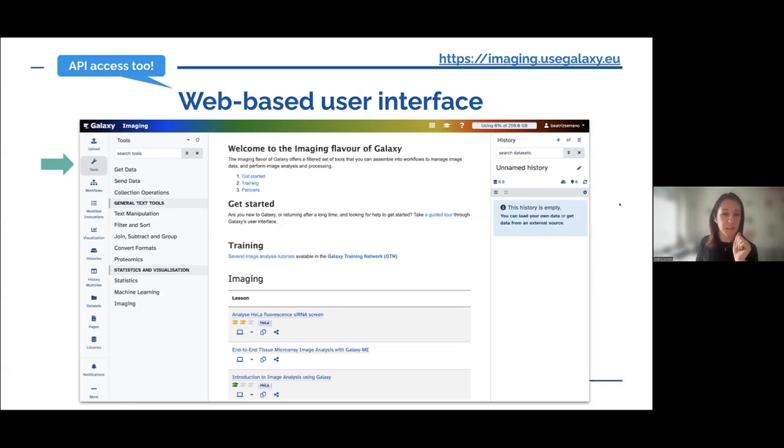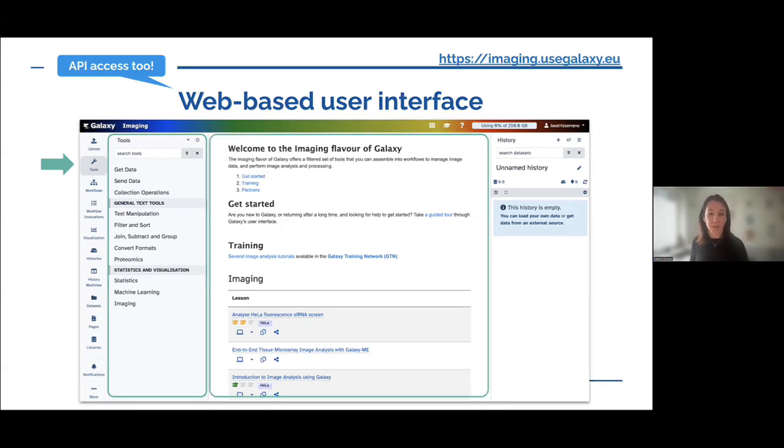Okay, so let's go step by step. There are the tools. Once we have the tools selected here, one can see a panel with all the different tools. You can search for them, but we already pre-filter the ones that might be relevant for imaging. Then we have a central panel in which all the information is explained. Whenever you're going to run a workflow, use a tool, or anything that is changing, it is going to happen in the central panel. In this case, this is the entry page. So we have a basic summary of the training and so on. There is just basic information now, but this will change whenever you use it.